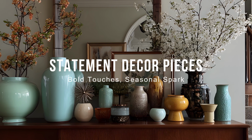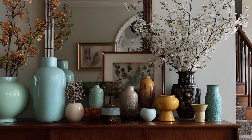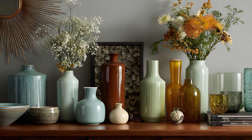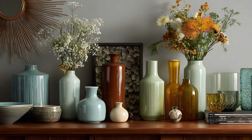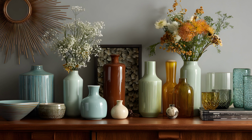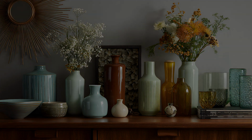In any well-designed room, there's always that one element that draws the eye. Not because it's loud, but because it's confident. It doesn't compete, it anchors. It doesn't shout, it speaks. These are your statement pieces, and in a mid-century spring living room, they play a crucial role in giving the